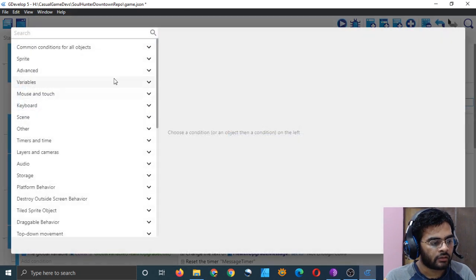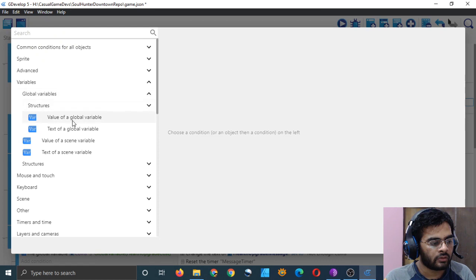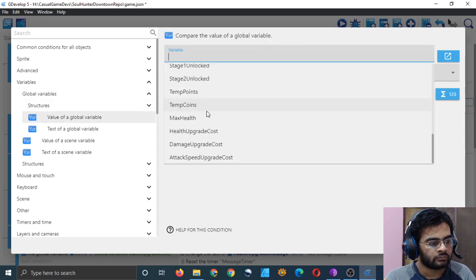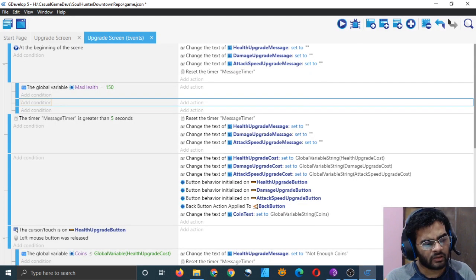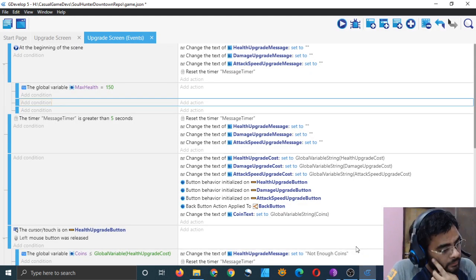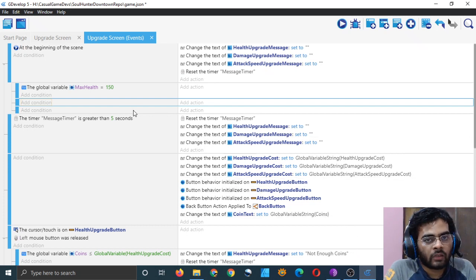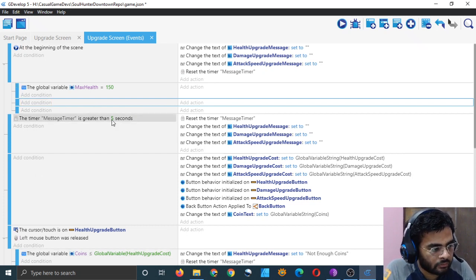Add another condition, variables, value of a global variable, or I think you can just make three variables and store the animation numbers in those three and just assign that animation number to the indicator, instead of doing this, which will be very fiddly and time consuming.